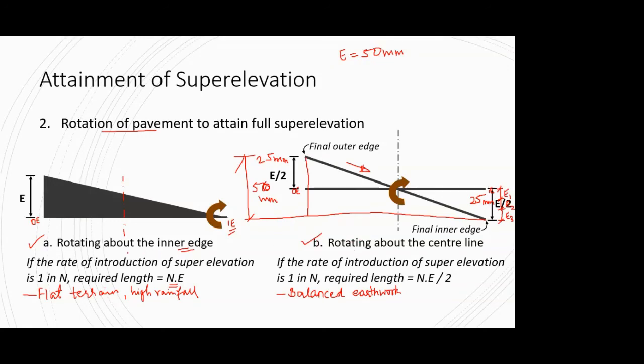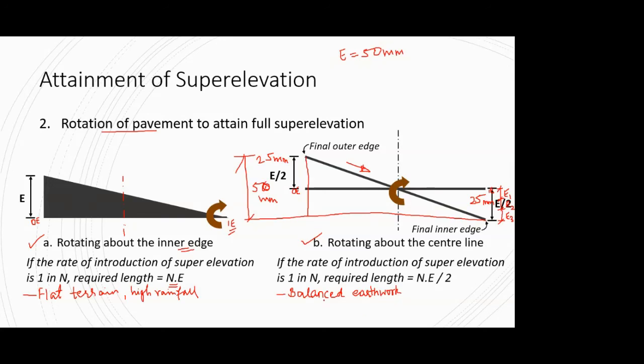That is not obtained in 2A, because in 2A we are simply raising the outer edges. So you have to just go on filling. But in method number 2B, you are lowering as well as raising at the same time. So whatever is the cut material on the inner half, you will just remove and dump it on the outer half, and then you will achieve a balanced earthwork. So it is sort of an economical process. Balanced earthwork results in an economical process.